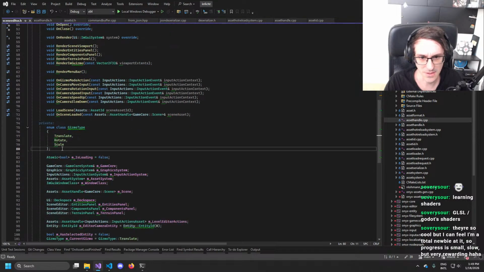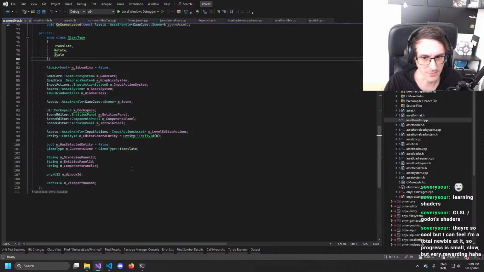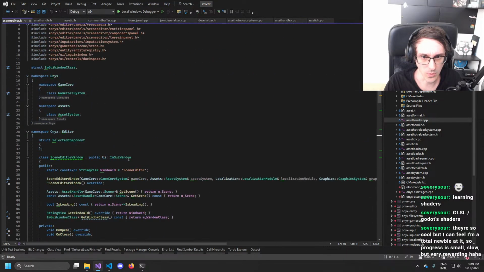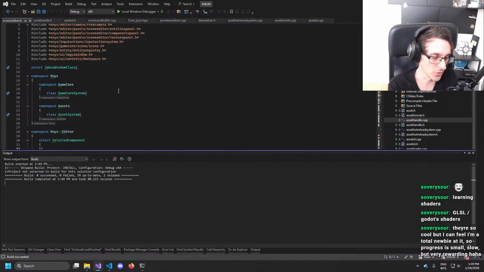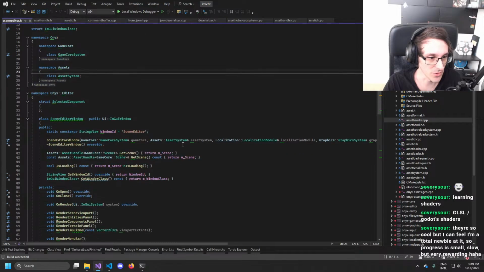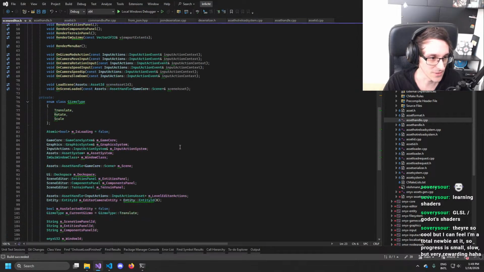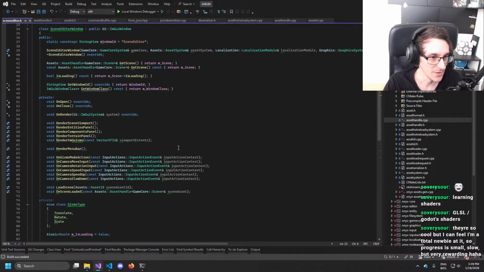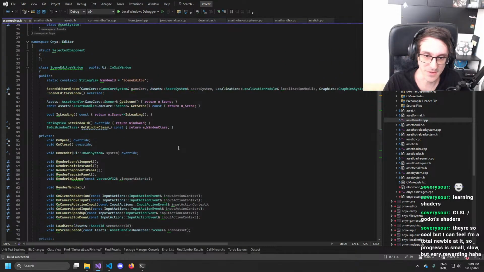But at least I think compute shaders I am quite okay with now. I find myself around compute shaders and understand them quite well. It's just the whole fragment vertex stuff that's still a little bit confusing.